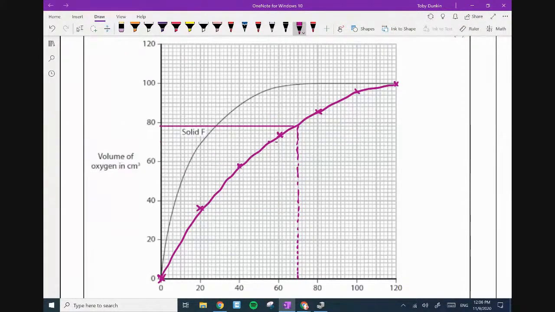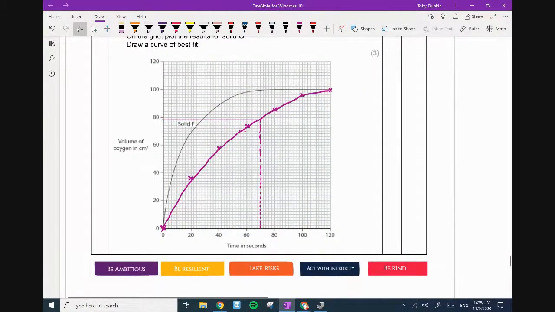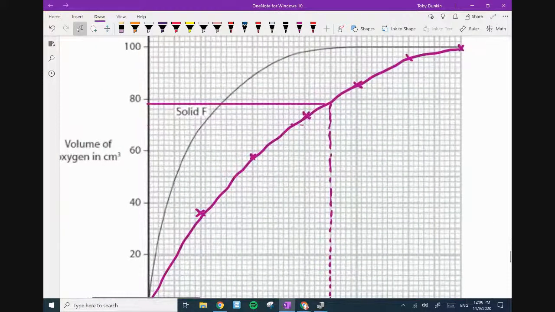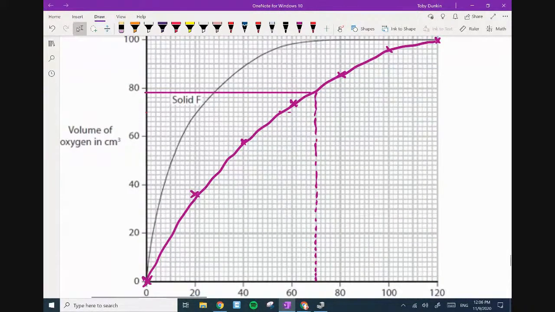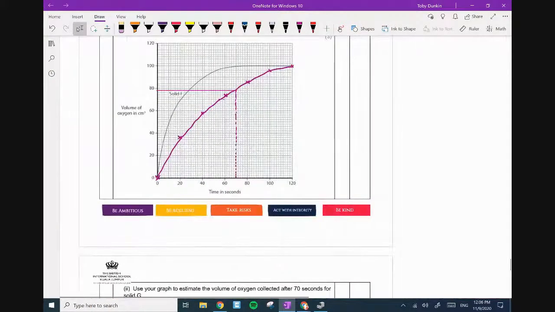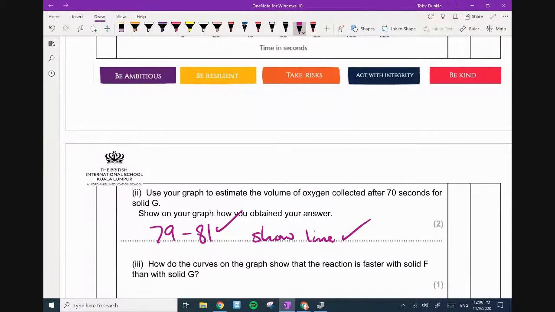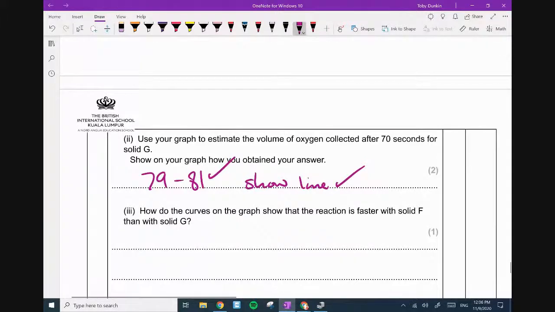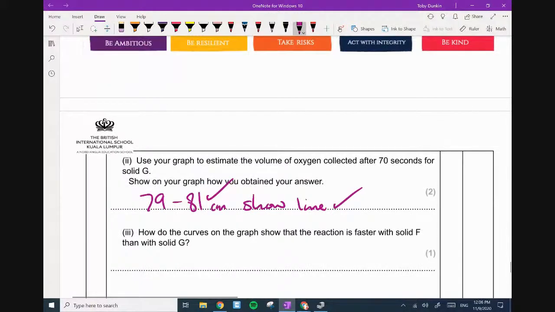There we go. So what you realized was that it actually depended on your line of best fit. If your line of best fit was a little bit bigger, which is totally fine. Mine's still not perfect, but I don't mind it. The answer was fine as long as it came off your graph. So the answer ranged from 79 to 81, but you then had to show the line on the graph. So 1 mark for that, 1 mark for your value. Also, it's worthwhile putting on units, centimeters cubed on that one.